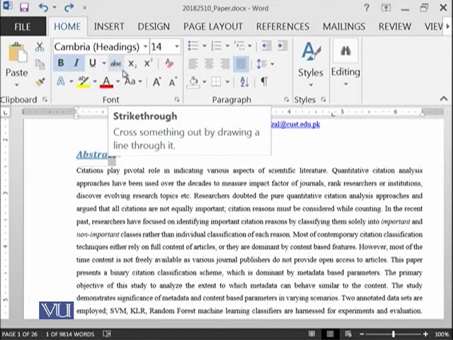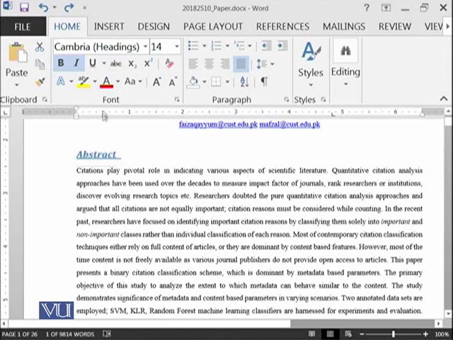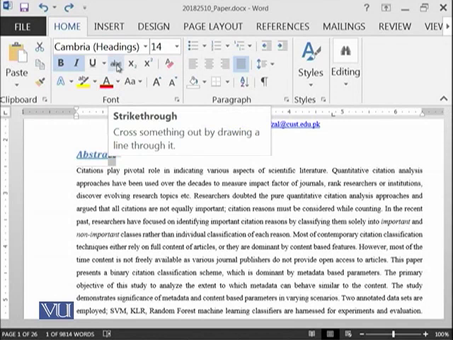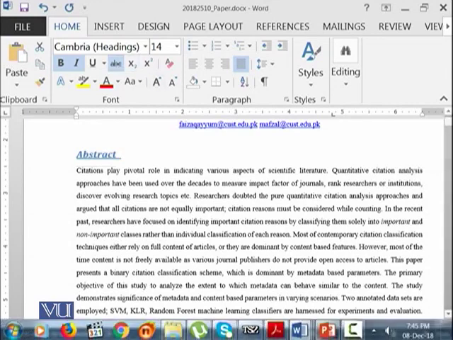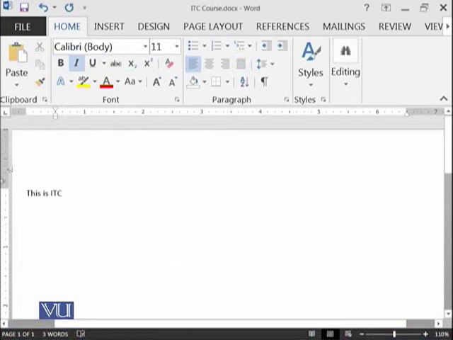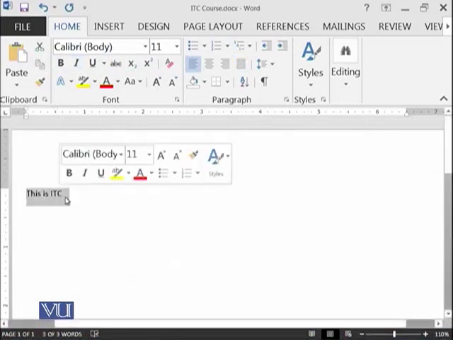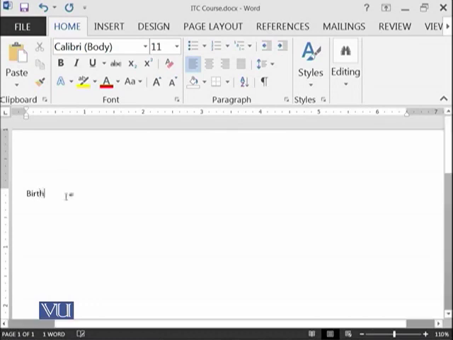Then you can see this strike through. For example, if you want to write this abstract and you want to put a strike through, a cutting line onto this word, you can have this option. So let's do it in a simple document. For example, you have said that your birthday time is 4 p.m. to 6 p.m. You previously mentioned this time and now your time has changed.